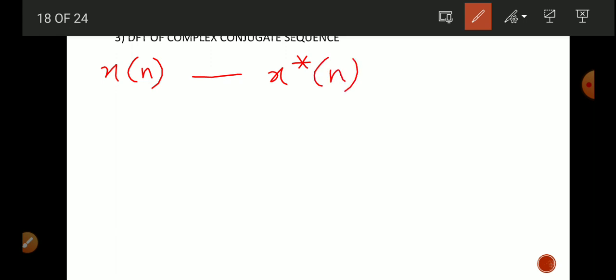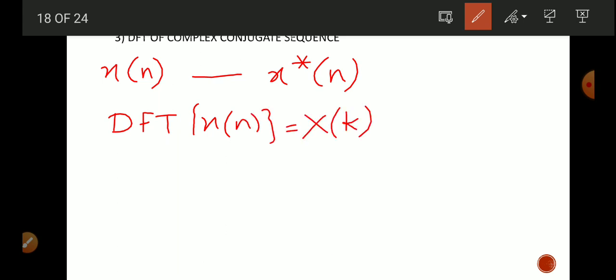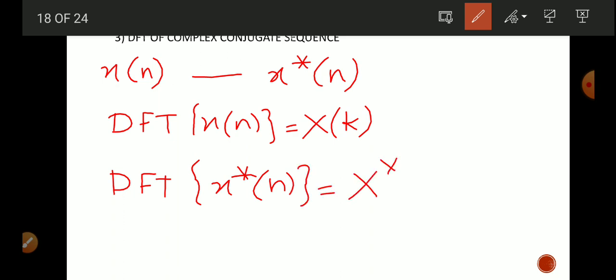Then DFT of x of n is represented as X of k. Then DFT of x conjugate of n can be represented as X conjugate of N minus k,